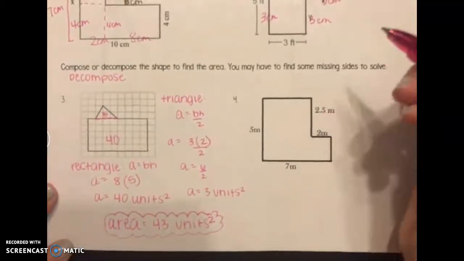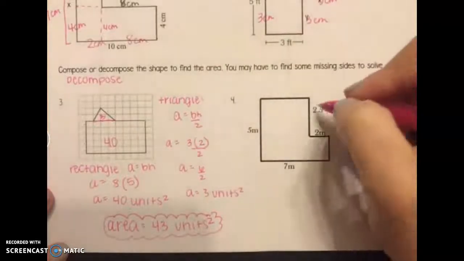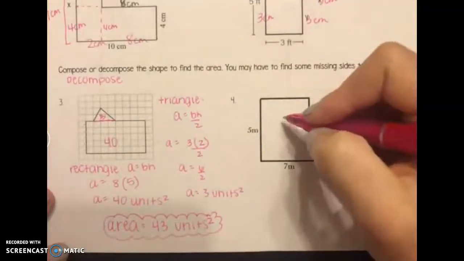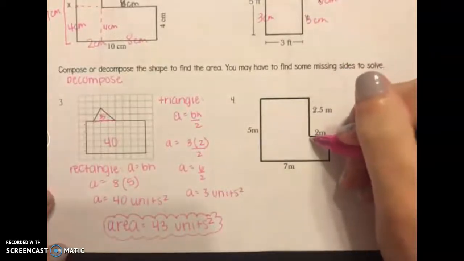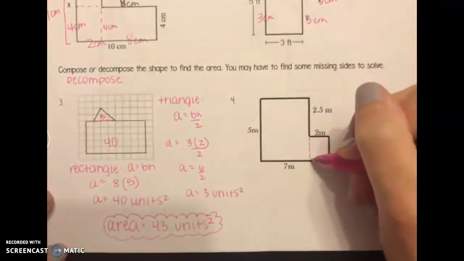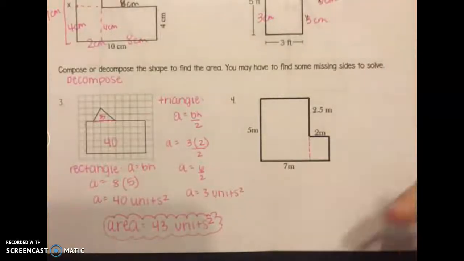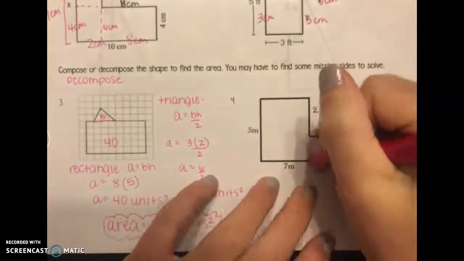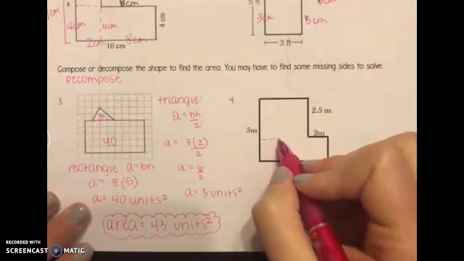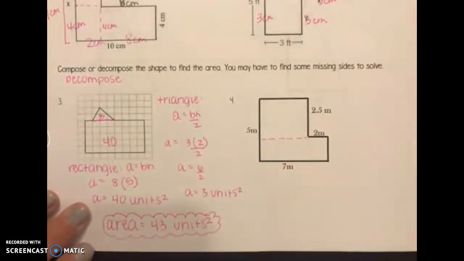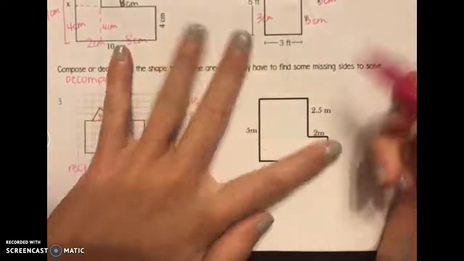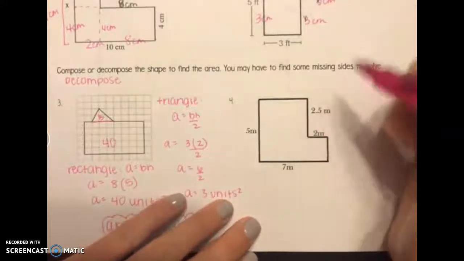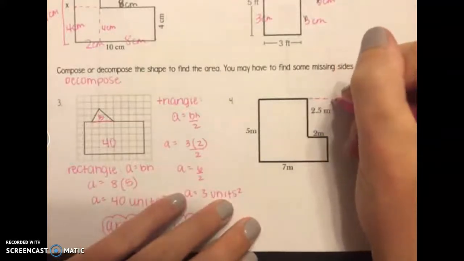Okay. So once again, guys, like I said, I typically see it as decomposing, but you can also compose. So personally, I would go through and break this down. You could break it down this way, or you could break it down this way, right? Both of which are perfectly acceptable. Like I said, I personally like to break it down the way I first saw in my head, this way. But also, if you wanted to compose it, we could add on to the shape,